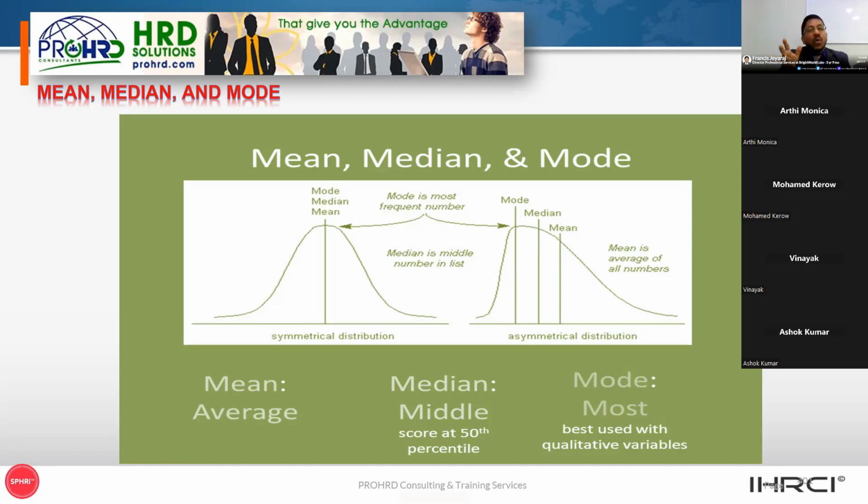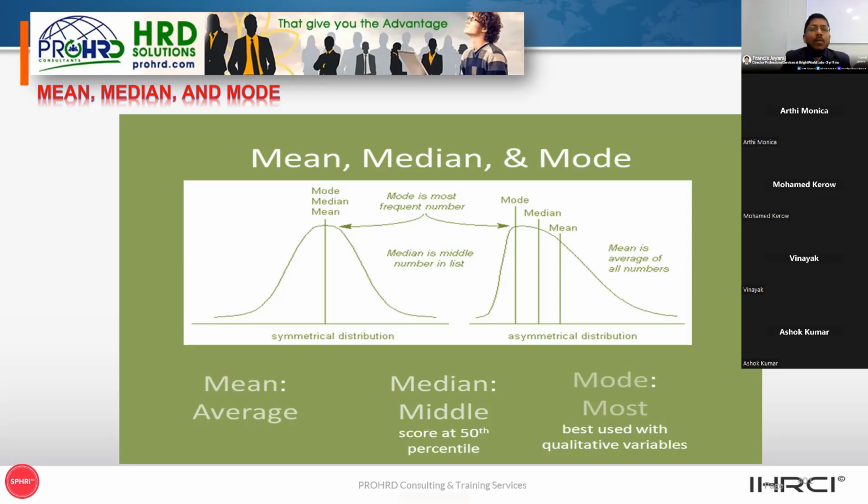That means 2 and 4 both are modes. Sir, do we have to consider 2 and 4 separately or divided by 2? No, 2 and 4 both are modes. It can be bimodal also. You are not doing any average, just looking at the numbers and clustering the same numbers: 2, 2, 2, 4, 4. So bimodal is possible, and multimodal is also possible. 1, 2, 2, 4, 4, 5, 5, 7, and 10.